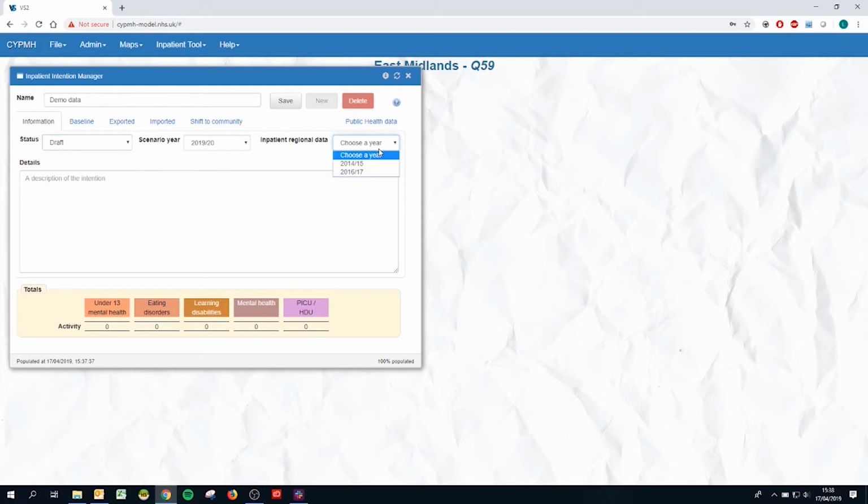Select the inpatient regional data you wish to use. This is based on regional data captured during the selected year and will act as a baseline position which you can then apply any adjustments to for the year that you are planning for. A description can be added in order to provide any background or additional information to anyone else who might be